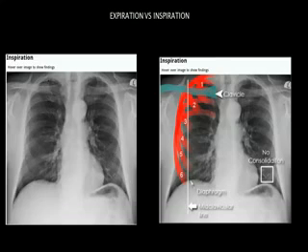And you can see more ribs being visible now. 1, 2, 3, 4, 5, almost 6 ribs are visible. Sometimes they may not be able to do up to the 7th rib. The 6th is also decent. You can see the 7th rib here, but not at the midclavicular line. The 6th anterior end is seen. So it's a good, decent film. So the doubt is clear.